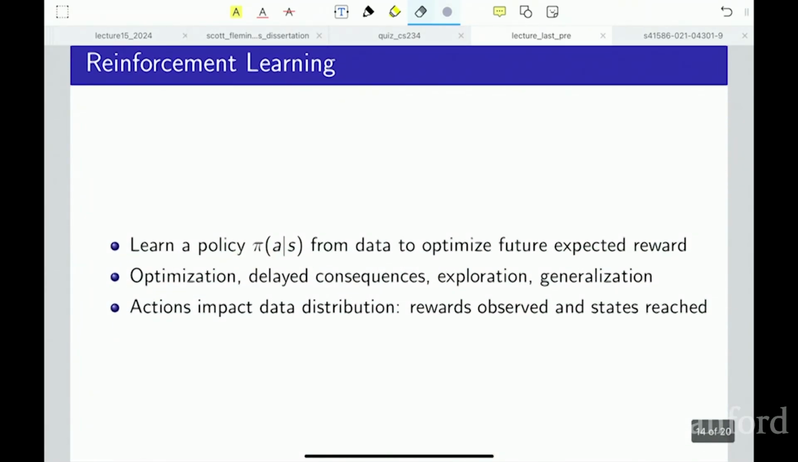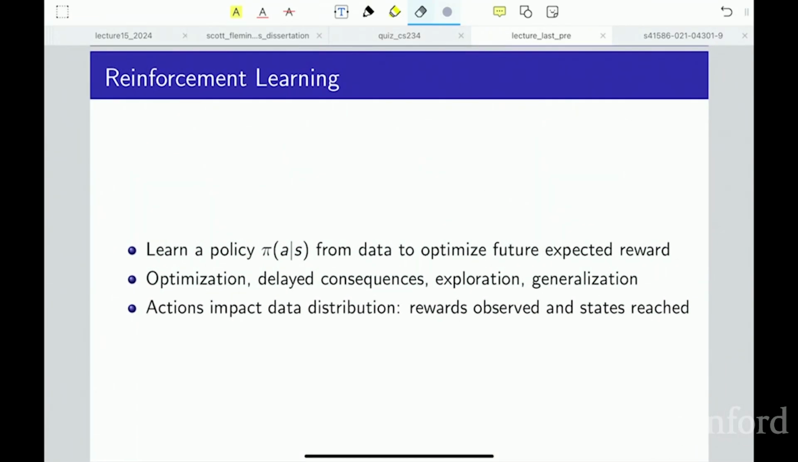All right, so now we're just going to wrap up with some of the main ideas and then look forward. If we think about the main characteristics of reinforcement learning, this idea of learning directly from data to make good decisions, we've been thinking a lot about optimization, delayed consequences, exploration, and generalization. And I think a key thing to remember, if you didn't remember anything else from this class, is that